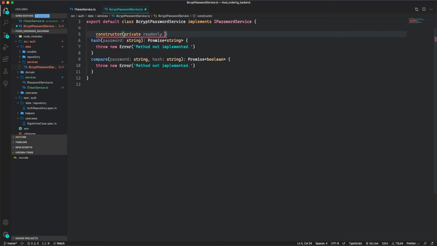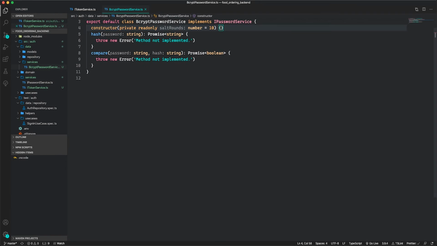as a dependency for the bcrypt hashing package the salt, something that is known as salt rounds, and bcrypt uses this number to determine the level of hashing. So the algorithm uses this number. The higher the number, the slower the algorithm, but the more secure the hash. So I'm going to give it a default of 10, since bcrypt recommends a default of 10,